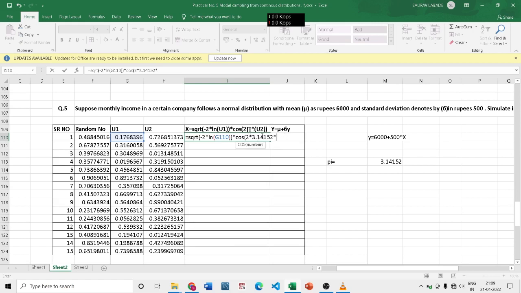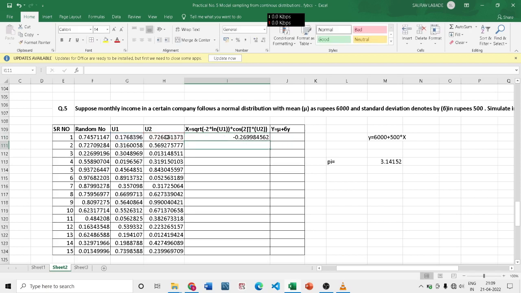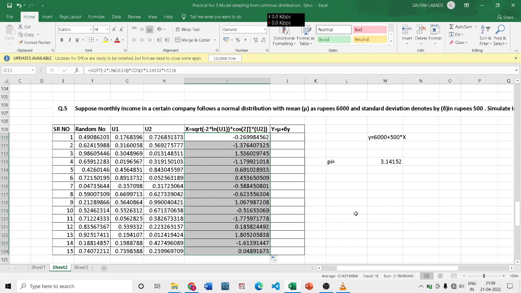2 into pi multiply by u2, that means this value, that is the next fixed random variable, and just close the bracket. Okay, and here you will get that value of x, which is equal to minus 0.269984. Now again just generate, just drag that, you will get all the random samples of all these random numbers, you will get all the x. Now here this is your final random samples of the normal distribution,